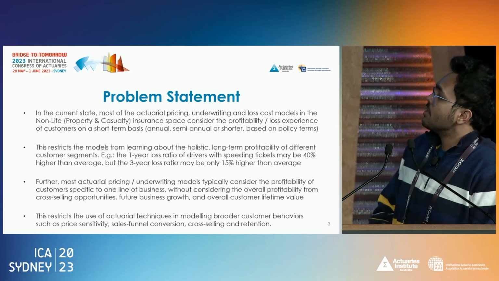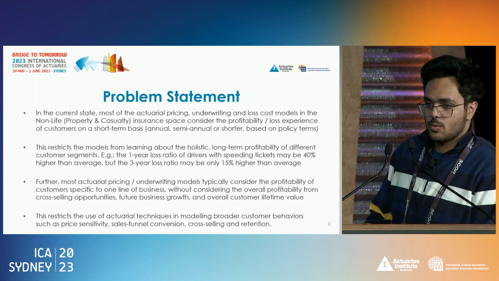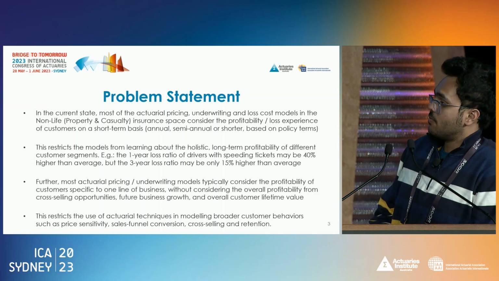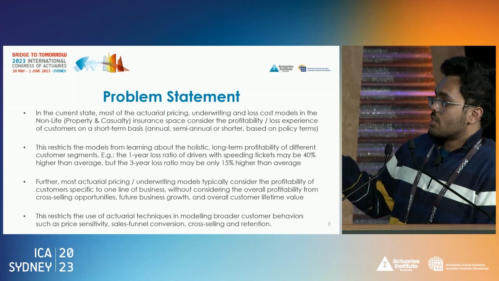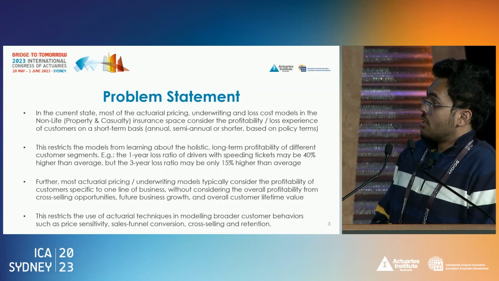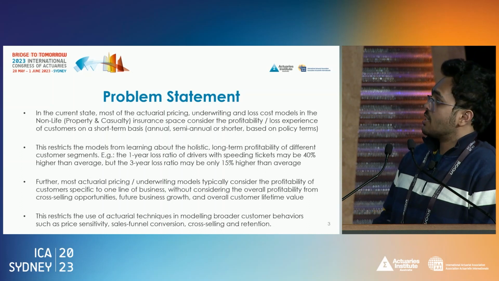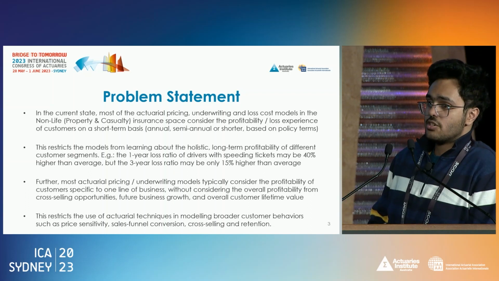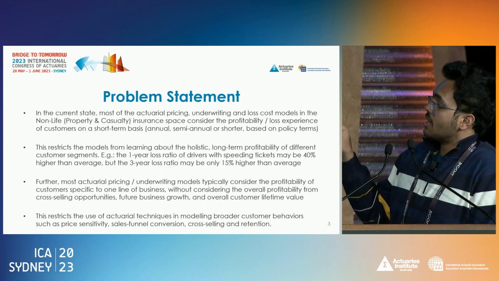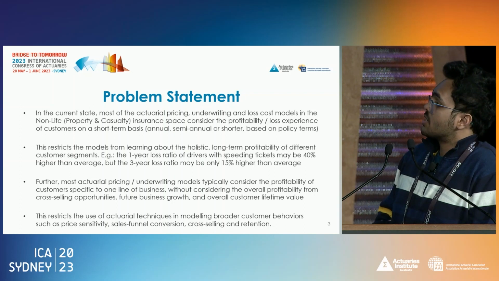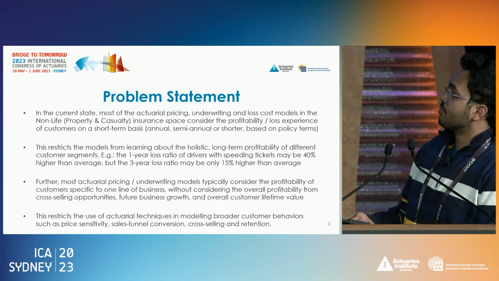Because what commonly happens is, with the same example of drivers with speeding tickets, if I as a driver have a speeding ticket, my premium might jump up by 40% for the next year. And so I might start shopping around for finding lower insurance premiums. Whereas in reality, my long-term experience averaged out across, let's say, 5 or 10 years that I'm going to be with an insurance company might actually not be that high. And so what can insurance companies do to find profitable segments within customers that have relatively higher risk, but still be able to retain them over the long term?